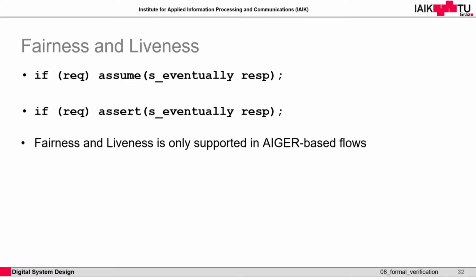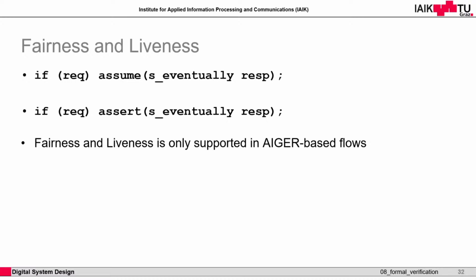But the circuit is bound to eventually reach a state where response is high. And the same thing can also be done for assertions. So you can assert that either in the current cycle or in any later cycle, the response goes high. This can be used, for example, when you want to assert that a finished signal